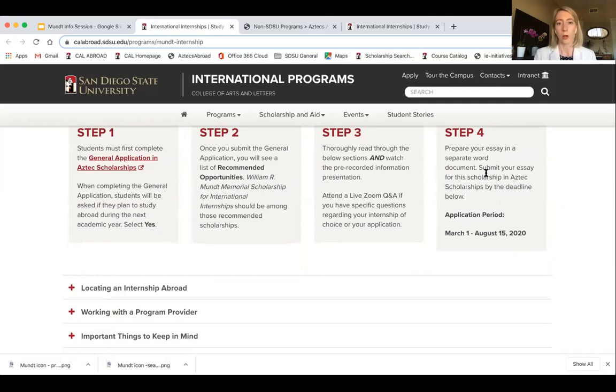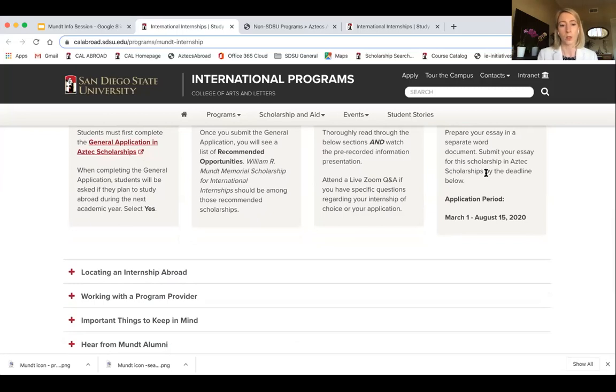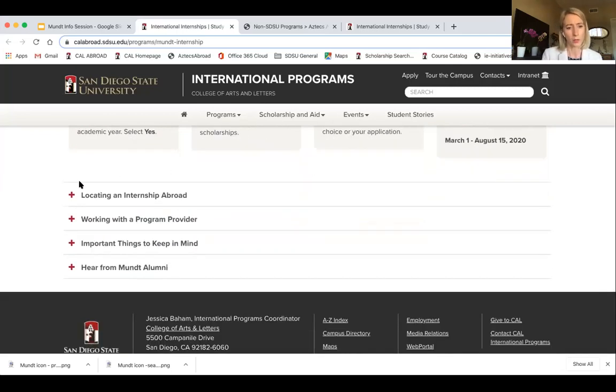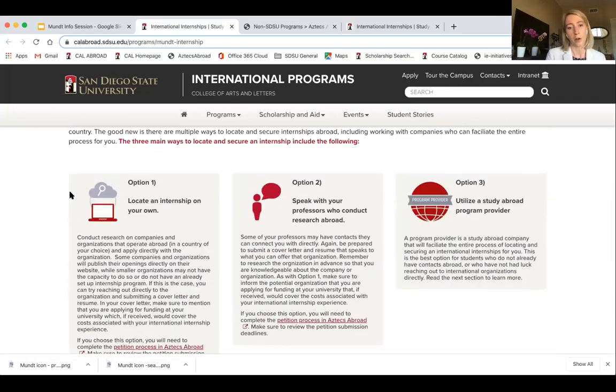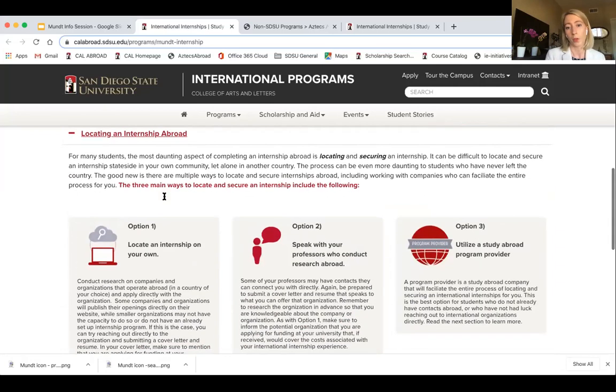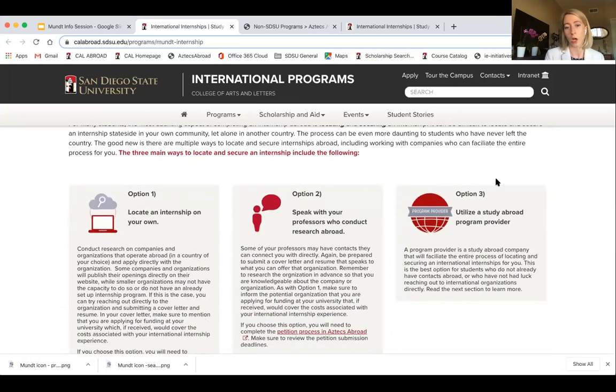But don't try to apply to the essay right away, because there's a lot of information that you need to first gather and figure out how you're going to make this internship work before you can really apply. So that's why I have the steps written down this way. I'm going to go over some of these really quickly, just because you'll then see what kind of information is provided. But this is what we've already covered, locating an internship, the 3 different options we talked about.